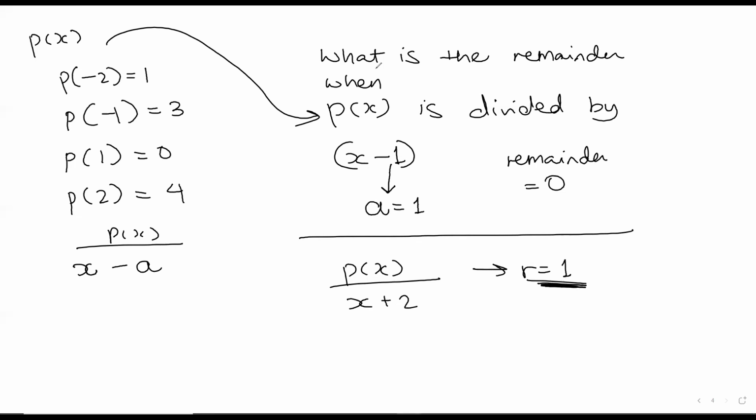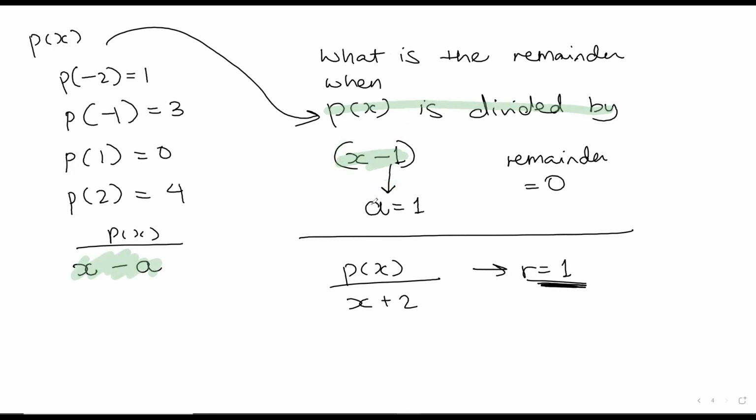You understood how we are getting this? Ma'am, can you explain it? Okay. So in the first case, when I asked what will be the remainder when P of x is divided by x minus 1, when we say x minus 1, Mridula, and you compare it with this x minus a, what is a equal to in this case? Ma'am, 1.